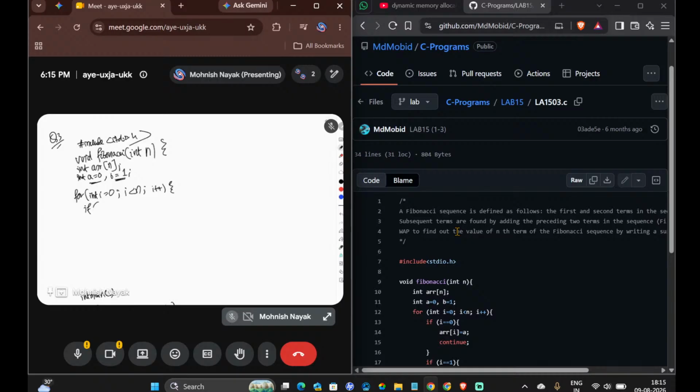if i is equal to 0, okay, if i is equal to 0, like i should be less than n. This means what? That we are